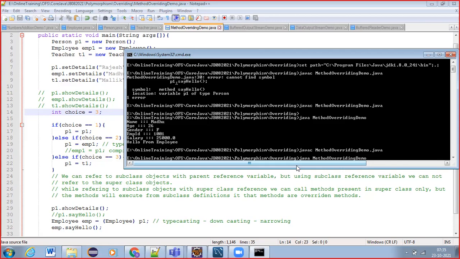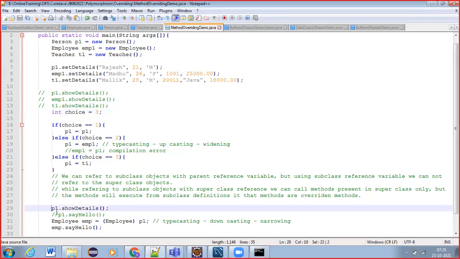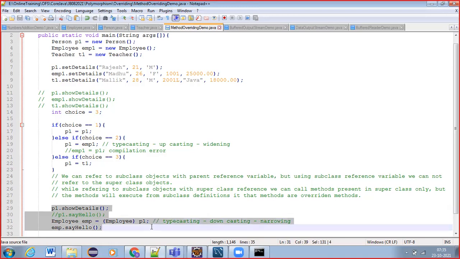Now what is the choice we have given? 3. 3 means we are placing P1 equal to T1, right? Teacher. Yeah, it has to display teacher details. And then after displaying teacher details, we are trying to typecast P1 into employee and say emp dot say hello, right?